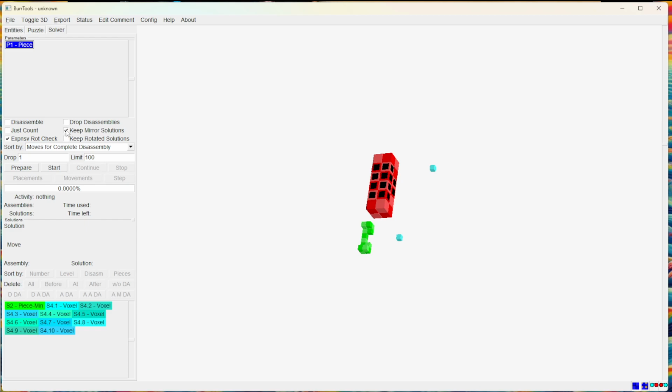The next thing, people say it's a good idea to prepare. That will clear out anything old. Perfect. And then we can click Actions. I'd like to change the limit to something much higher. I like to set it very high: 10,000, 100,000. Great. That just ensures that if we get more than 100 solutions, we get to use them all. I'm going to click on Start, and we're going to get to see